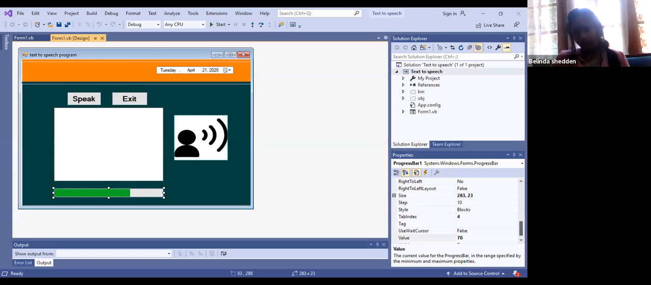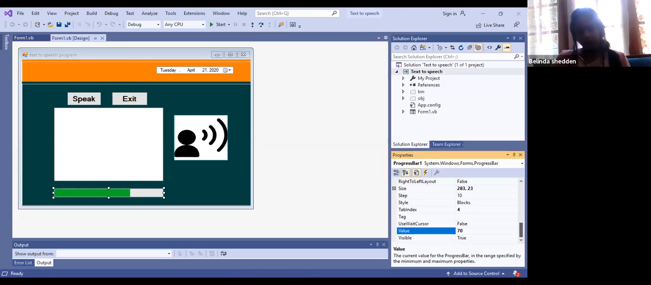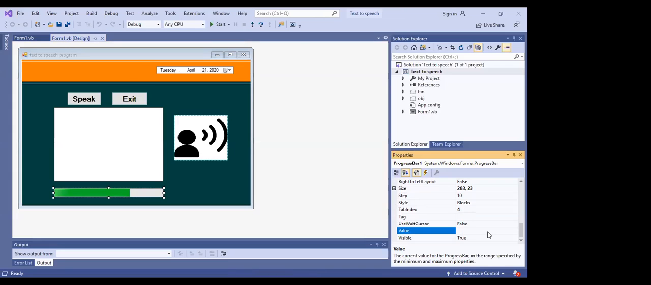The progress bar. How to add the value? You can change the value in different ways, 60 or